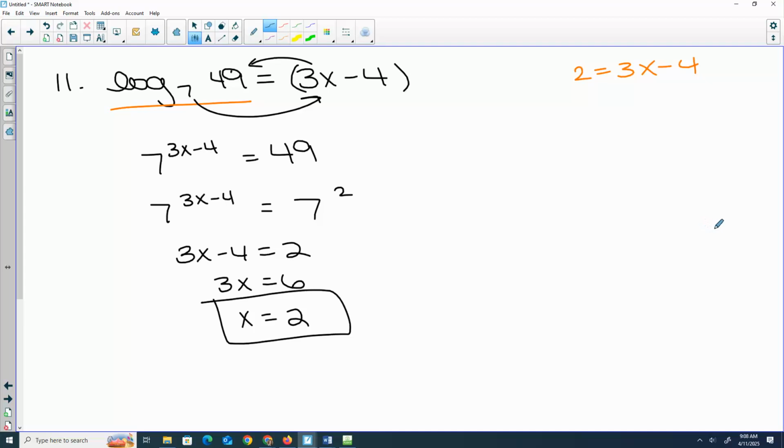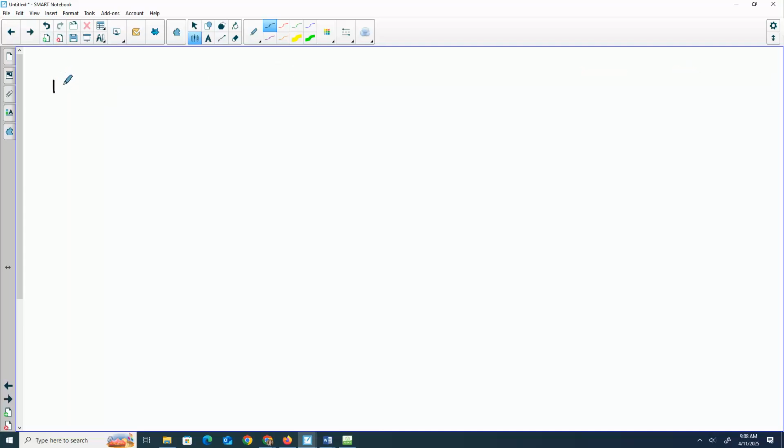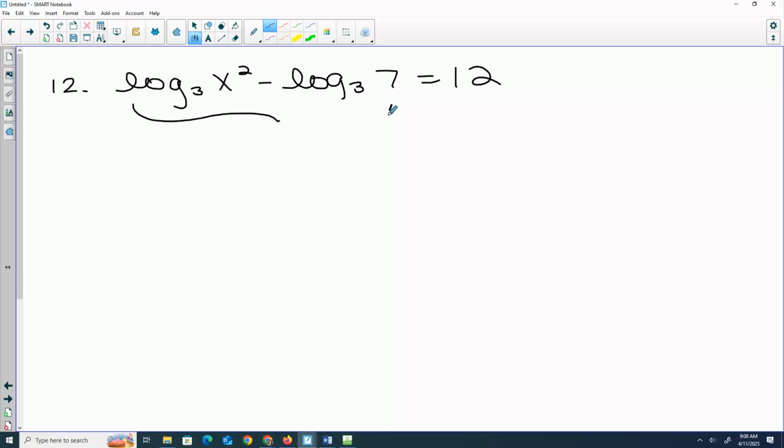Did anyone do it the different way? Let's look at number 12. This one was ugly, just because the number was big. We have two logs, we have to condense them into one. If they are subtracted, how do I put them together? Division. So that would be x squared divided by